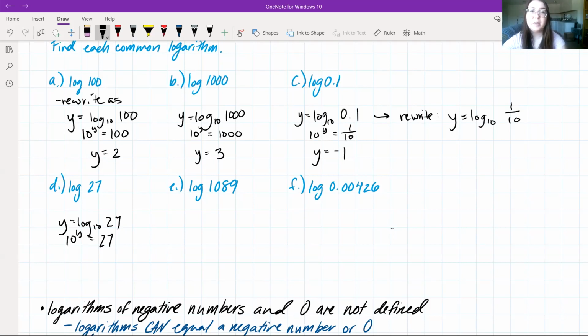And we can start to make an assumption. So 27 we know is greater than 10, but it's also less than 100. So we can assume that whatever our y is, it's probably going to be between the numbers of 2 and 3. And since 27 is much closer to 10 than it is to 100, it's probably a low value of 2, something around 2.1 or 2.2 or 2.3, something much smaller than 3 itself. So you can actually use a calculator in order to calculate this, and you should be able to get y is equal to,